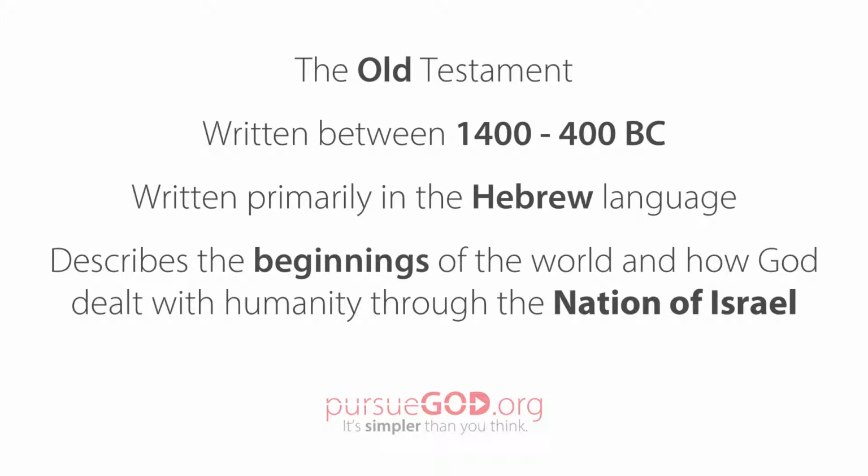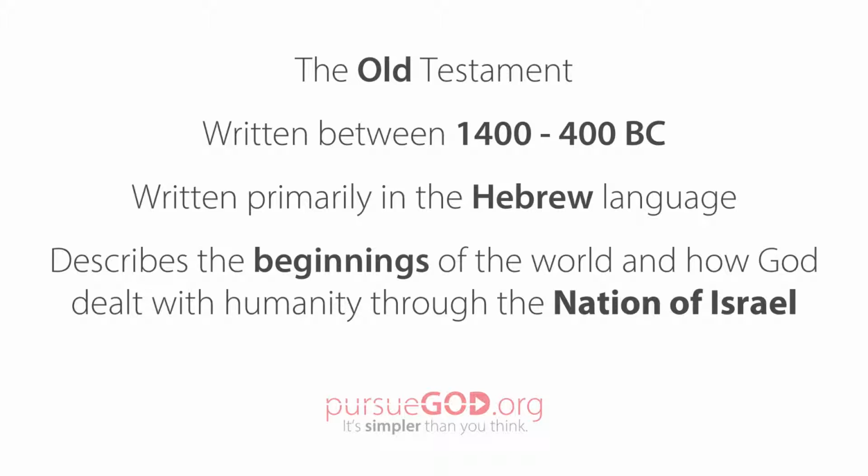The Old Testament was written between about 1400 BC and 400 BC. So it was written over about a 1,000-year period, and it was written primarily in the Hebrew language. And what the Old Testament does is it describes the beginnings of the world, how this all came to be, and then how God deals with humanity, primarily through